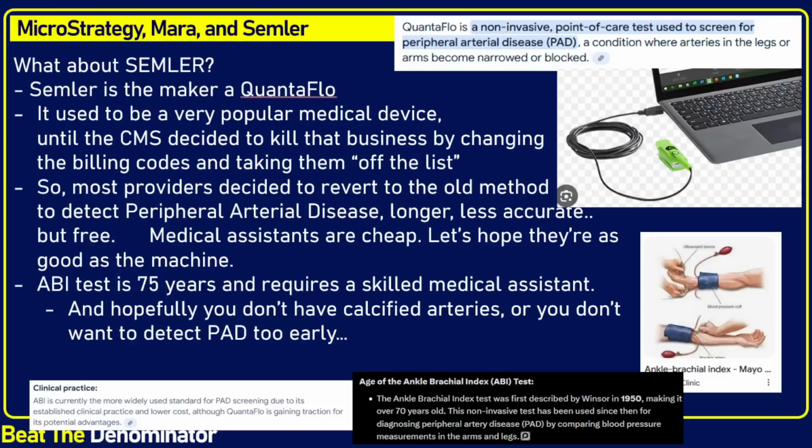Mara is, I think, still seen as mostly a Bitcoin miner, which is why the valuation is hurting. It's not being valued fully as a treasury company. Now, Semler is the true hybrid because they really have unrelated businesses: one treasury business and one medical device company, entirely unrelated. Let me tell you about Semler.